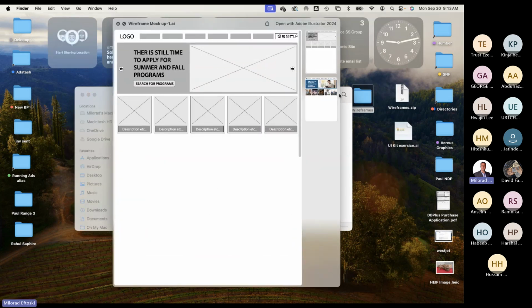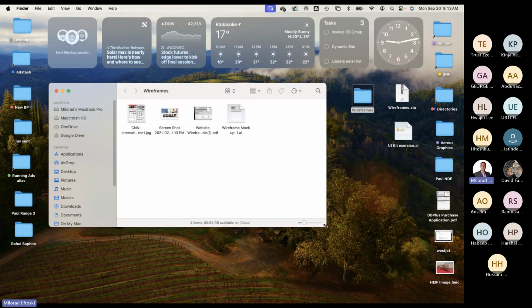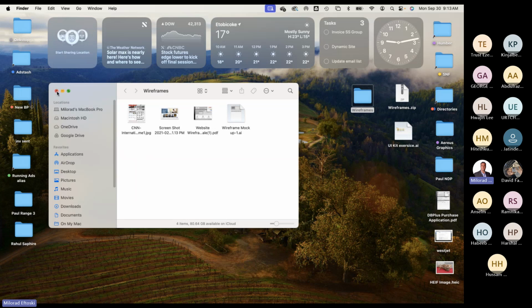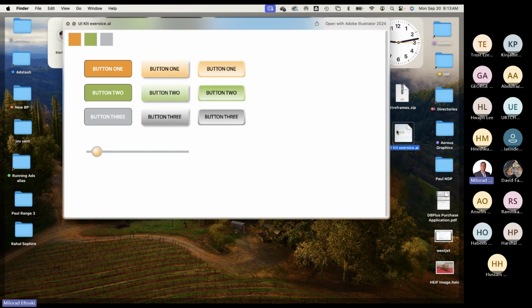So we're gonna maybe pick one and make one of these happen here for the wireframes. So this is one of the exercises we'll start with. And then comes the UI kit. Now this is the actual assignment that you're going to be delivering. So the UI kit will entail all these different